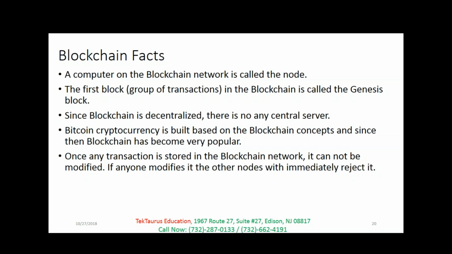That's it. And once any transaction is stored in the blockchain, it cannot be modified. If anybody tries to modify it, the other nodes will immediately reject it. Why? Because, as I have explained, the majority wins. Because a single copy is different, it will be immediately rejected. Your copy is different, we reject it. It will no longer be there in the network. If somebody does this kind of thing again and again, that particular node will also be